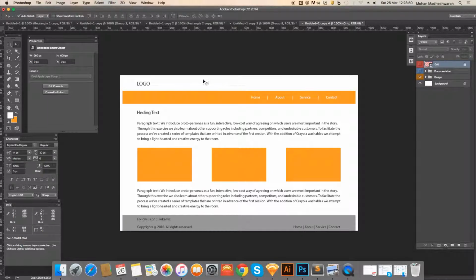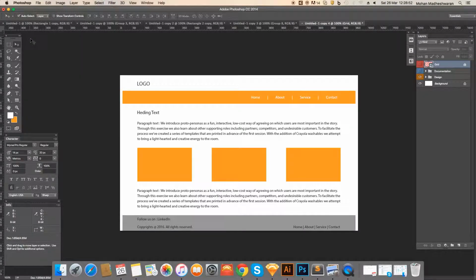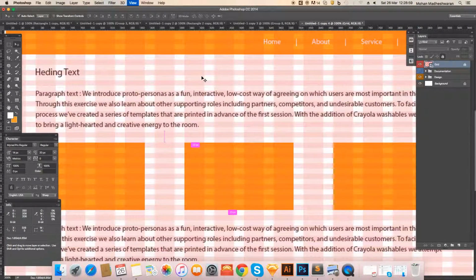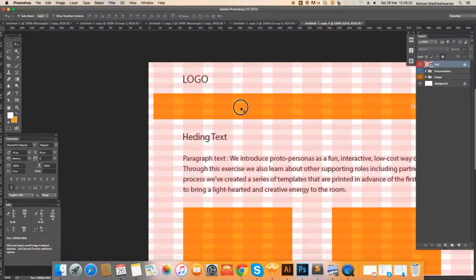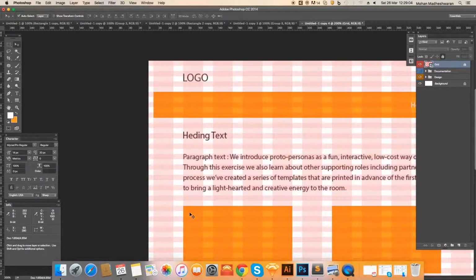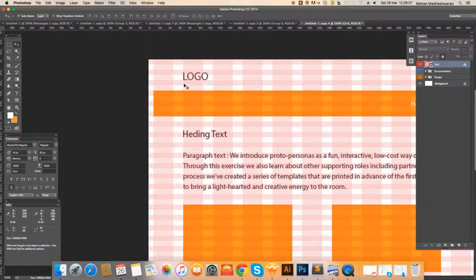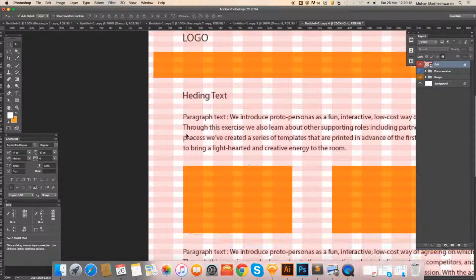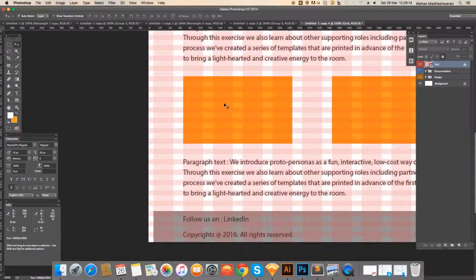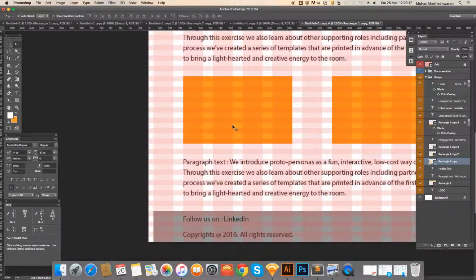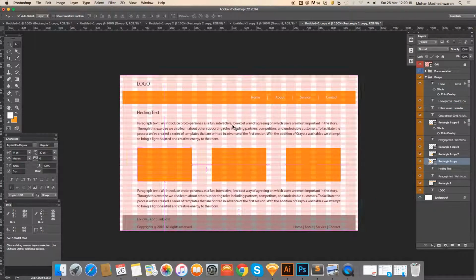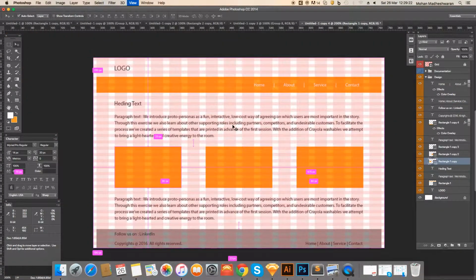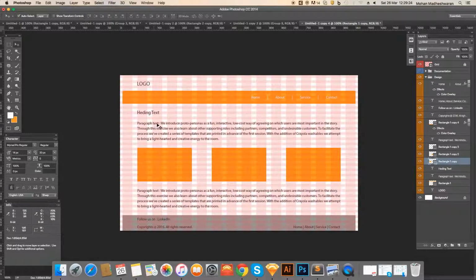Here I have a basic design done. Okay, so we'll see how it is aligned in the grid. I'll zoom in a little. So you can see the text and the rectangle boxes are aligned to the grid with the starting of the column. Okay, it's neatly aligned here. So this is very useful in alignment. Okay, so make use of this.